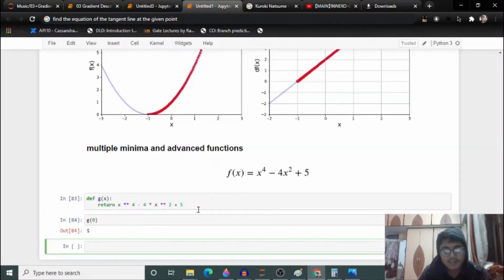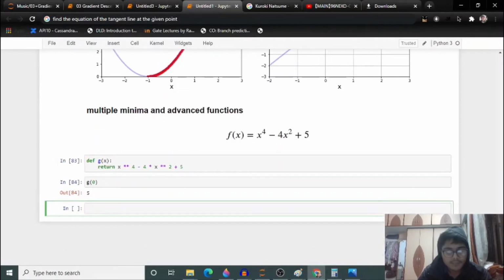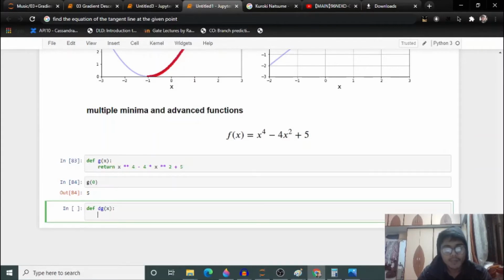Let's zoom our screen so you can see my screen clearly. Then we will define its derivative. For the derivative just apply the power rule. For the power rule, just look for online YouTube tutorials. They will explain better than me because I need to cover all this plotting, so I won't be able to put that in this tutorial. It's my request, if you don't know the power rule, please watch other tutorials or read some books. It's very easy and you will get it.